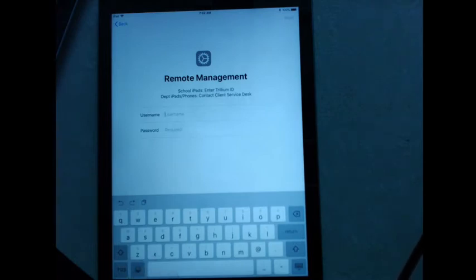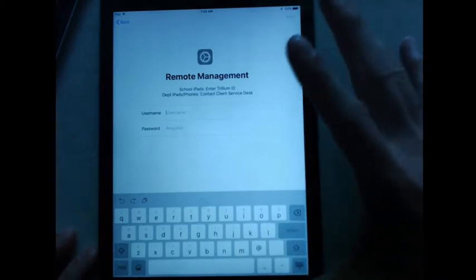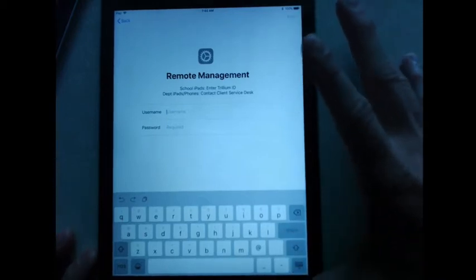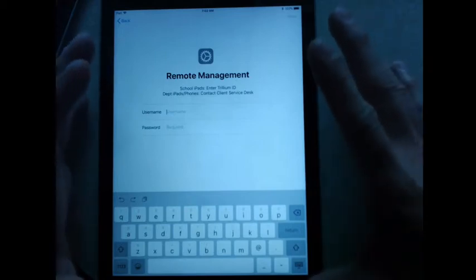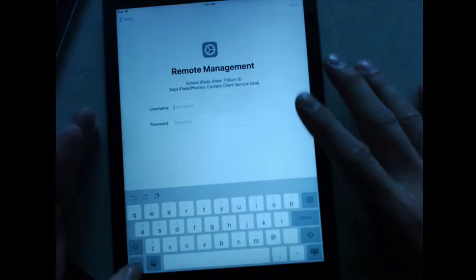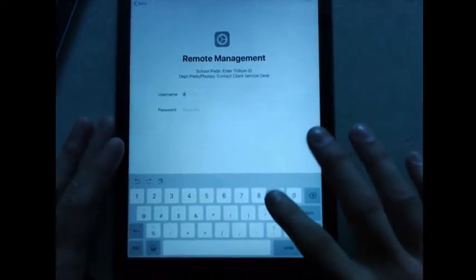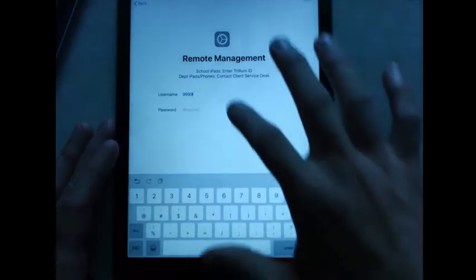So when you get to this screen where it asks you for the username and password, all we need to do is type in the 4-digit Trillium number for both the username and the password. And that will tell us that this iPad belongs to your school, and will direct this iPad to appear in AirWatch for your school. I don't have a school, so I'm just going to put in our fictitious school, which is 9999.